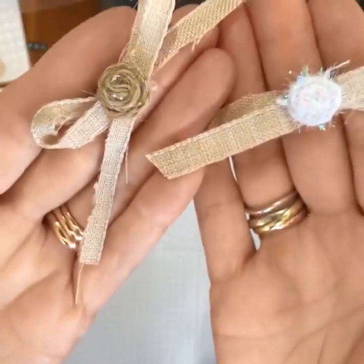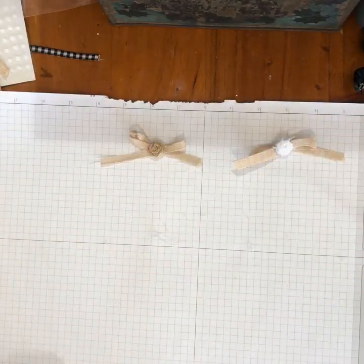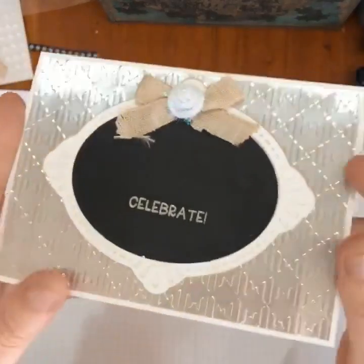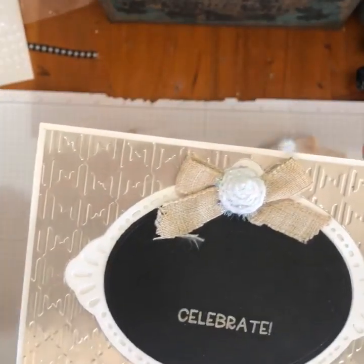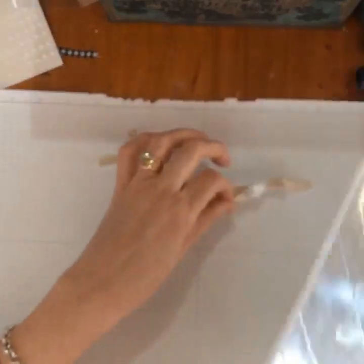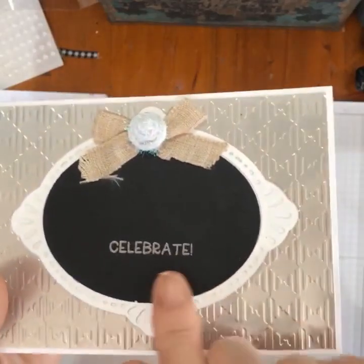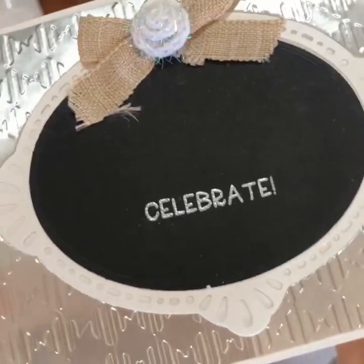So yeah, that's how I made my rosettes. Now let me bring in some of the projects that I have to show you today. Because we're onto a bit of a wedding theme today, this one could definitely be a wedding card. There is some of my altered ribbon, that's the beautiful natural finish ribbon, which I've cut into half for that one. These ones were in thirds, the ones that I demonstrated, so you can cut it to any width you like, really. And I've just stamped and embossed, I don't know if you can see that gorgeous heat embossing there